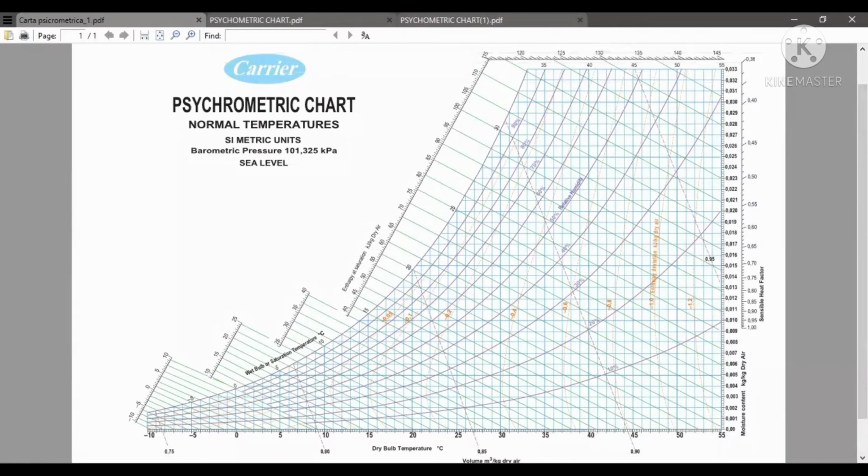We have the dry bulb temperature line here, and we have the wet bulb here. We also have the enthalpy at saturation. Here we have the humidity or humidity ratio line. Here we also have the relative humidity curves starting from 10%, 20%, 30%, 40, 50, 60, 70, 80. Let's check out some practical exercises obtainable from this experiment.